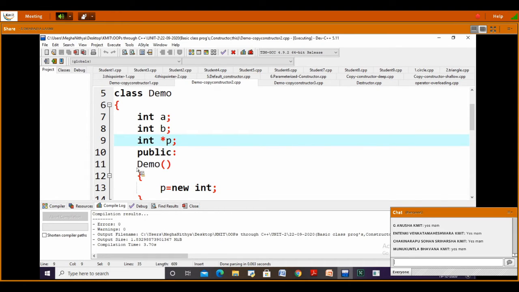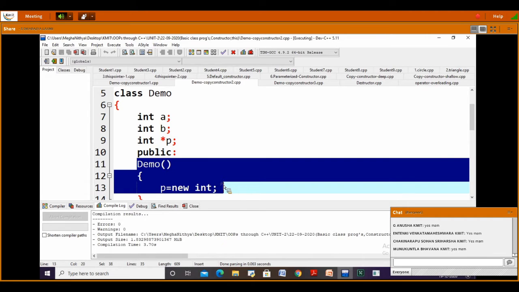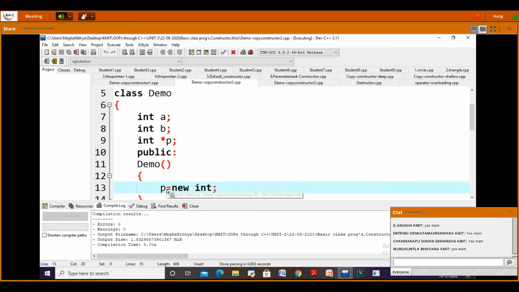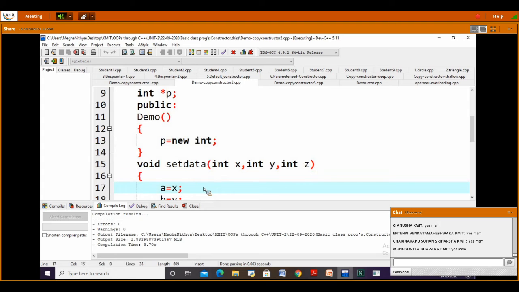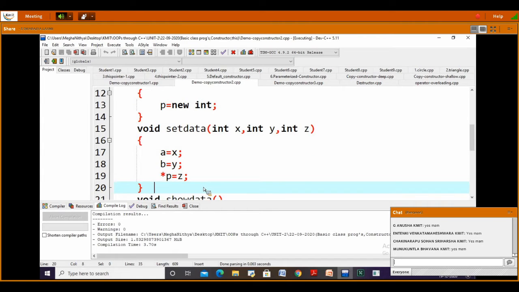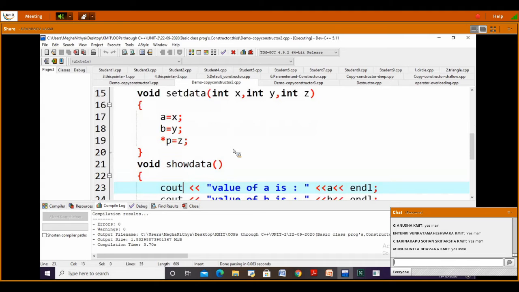In the demo class, in the default constructor, I am creating a new variable P, assigning memory to that, automatically, right? Then we have three variables initialized by using a set method: A is equal to X, B is equal to Y, and star P is equal to Z. Why we have written star P, we'll see.